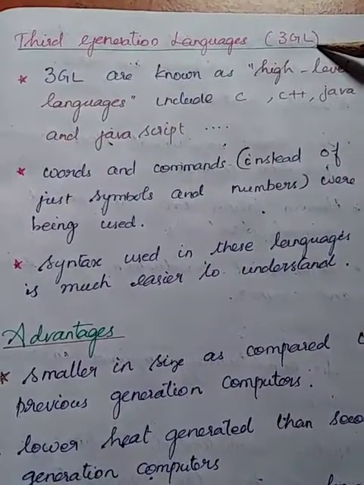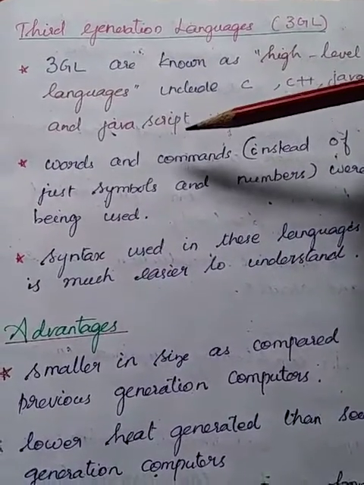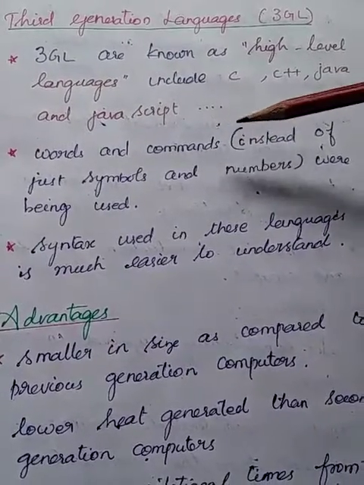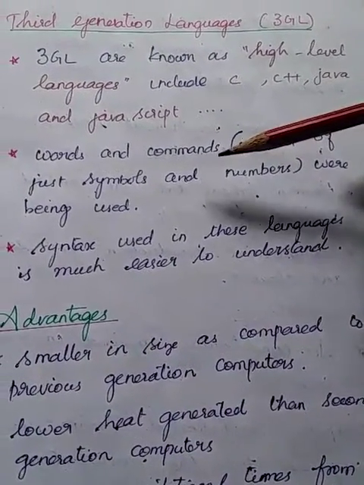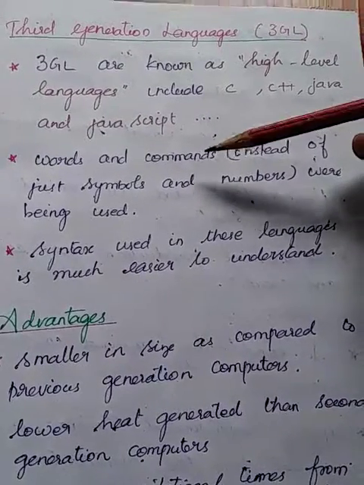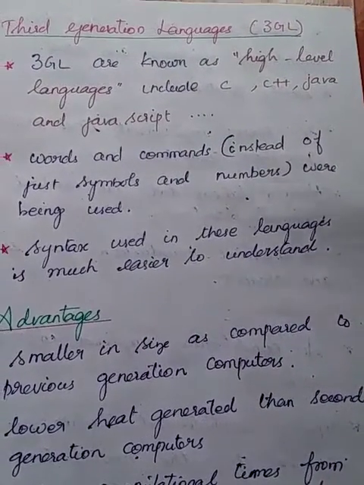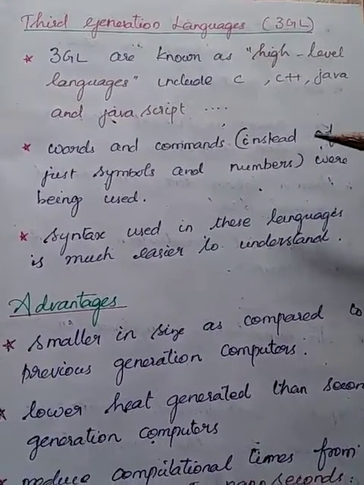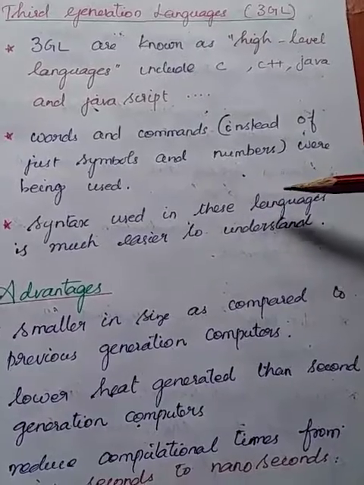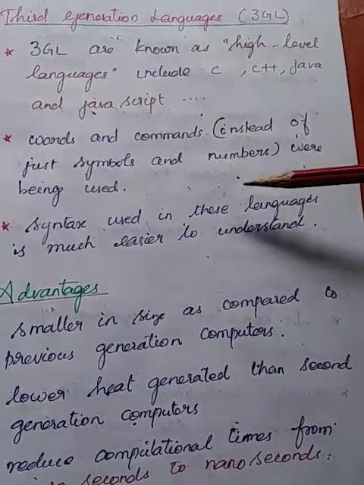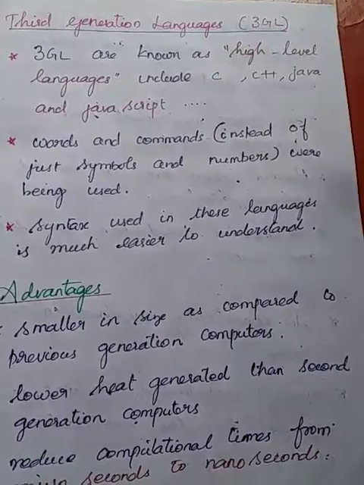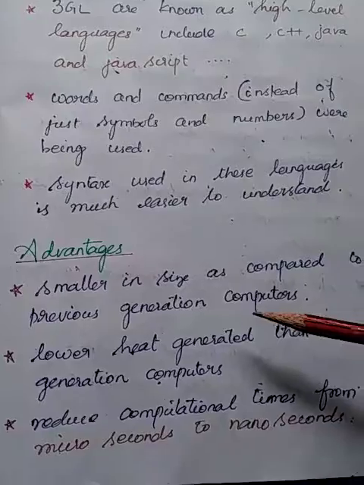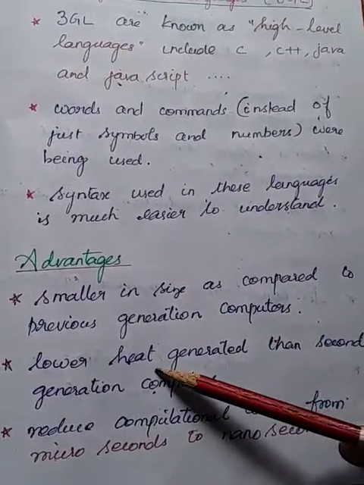It is very easy to learn. In the previous second generation, mnemonic codes are used. We have to memorize those, and for every hardware the code will change. But here the syntax introduced is easier to understand, and it remains constant for different types of machine architectures.